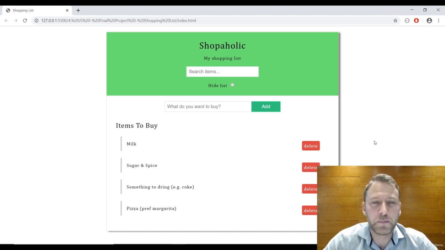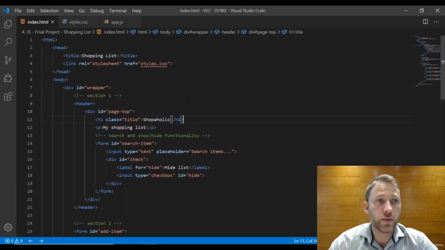It's very, very cool. Okay, but how do we do it and where do we start? Well, firstly, you can see we've got this input box. And we know from our code that we've wrapped this in a form. So the very first thing we need to do is grab this form. If we go to our code and we're in our index file at the moment, we can see